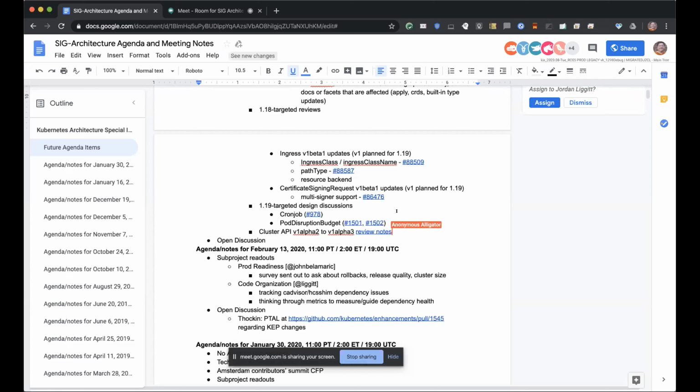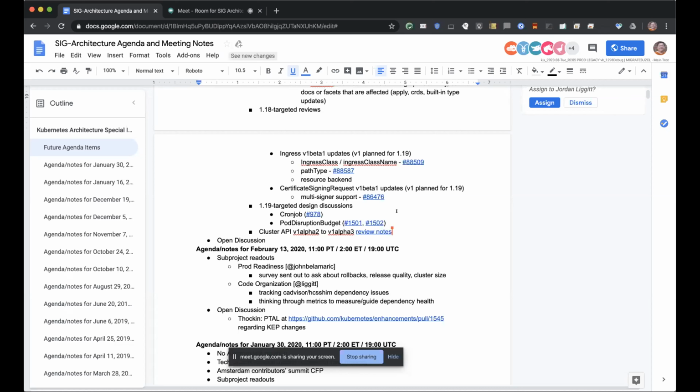And the last item, I did a review of the Cluster API v1alpha2 to v1alpha3 update, and that is a set of conversions, defaulting, and validation, so I linked to the notes for that. It was recorded, but I don't have the link for that. I'll try to get Andy to throw a link to the recording.